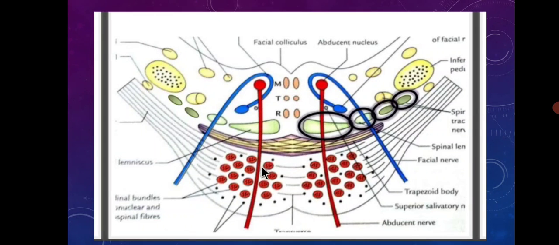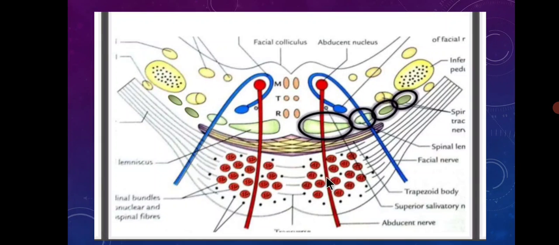Whenever you are going to study a transverse section, you have to study it in two parts, that is the gray matter and the white matter. First we'll see the gray matter. As I've already told you, the basilar part is the same in all sections of the pons; only the tegmental parts are different. So in each section we are only going to discuss the tegmental part.